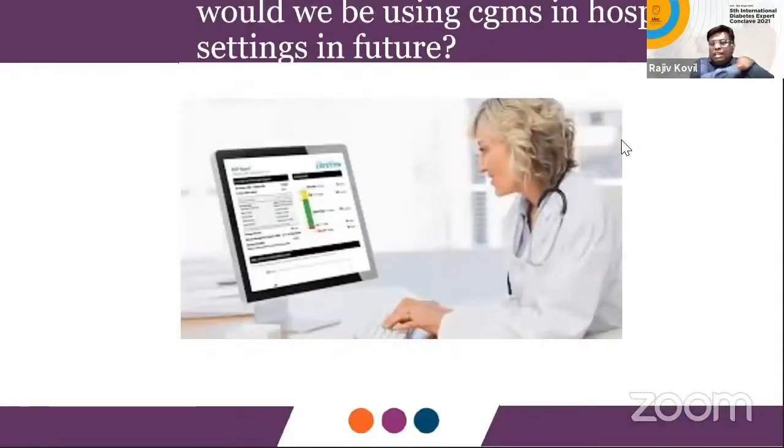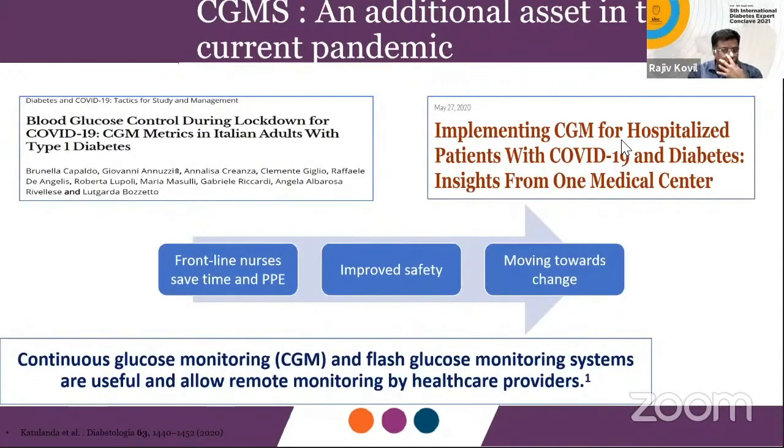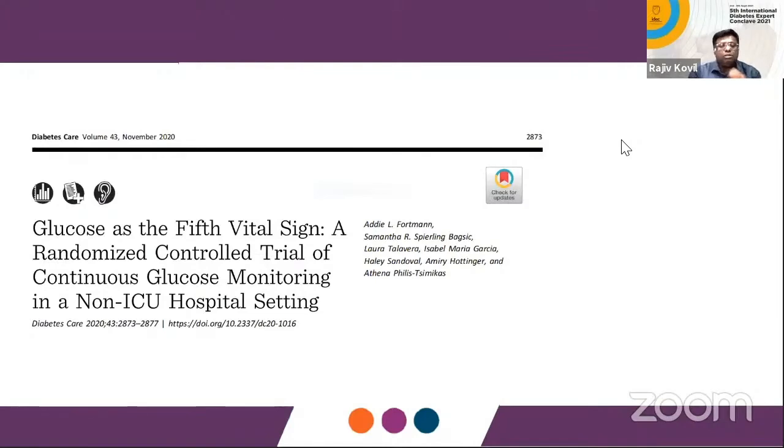Now, would we be using TIR or CGM or real-time CGM in hospital settings in future? There are a lot of studies, especially with the advent of telemedicine and with usage of flash glucose monitoring and Dexcom G6, as well as the iPro 2 machines. We are now able to do remote monitoring by healthcare providers, and probably that would make treatment easier. And if we could have free streaming blood glucose, as this paper suggested in November 2020, though